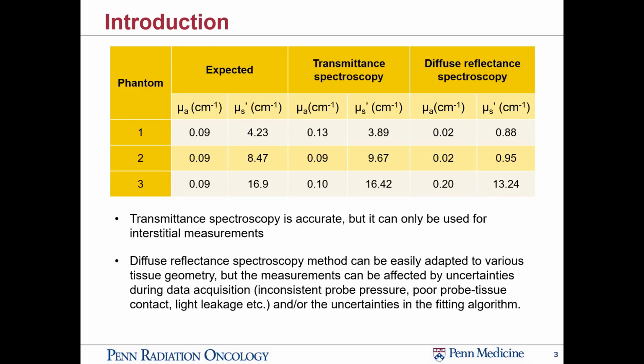What inspired us to do this particular study is we have a phantom with known optic property. So on the very left is the expected optic property. And we use this contact probe, did measurement, which is shown here. We have another method that we believe is more reliable, which is called transmittance spectroscopy. So the other method will give us some optic property mu A, mu S prime, which is sort of similar to expected value. But this contact probe, for example, gives us values that are very, very different from what is expected to